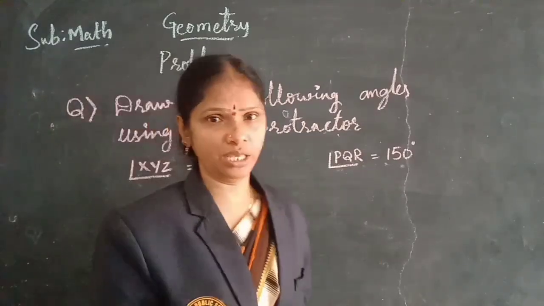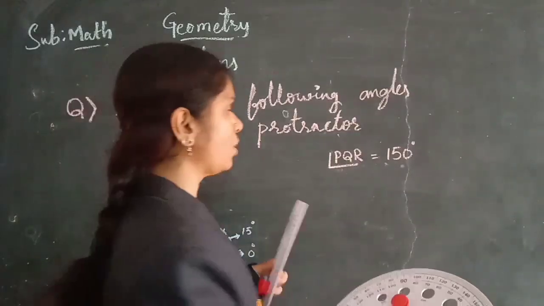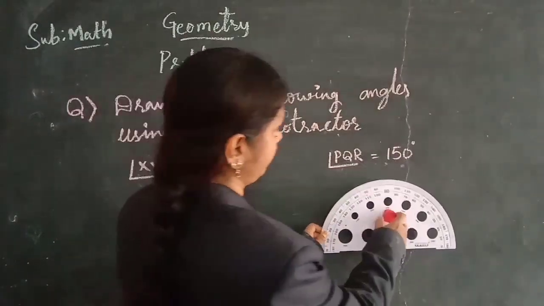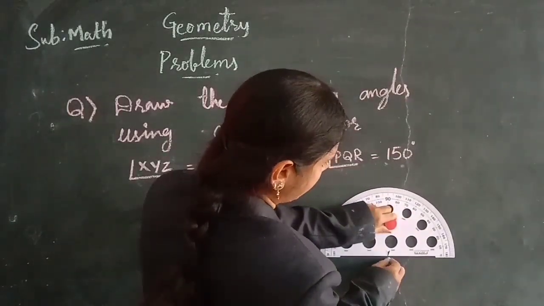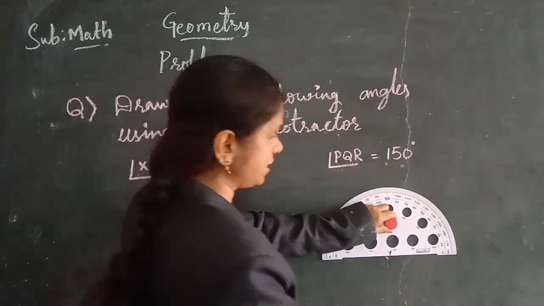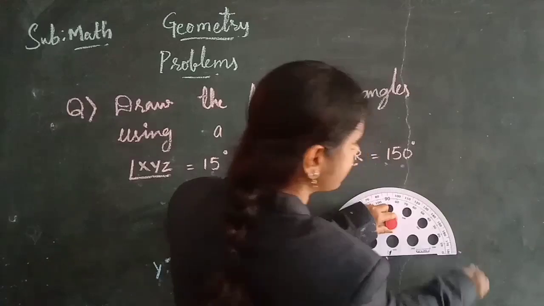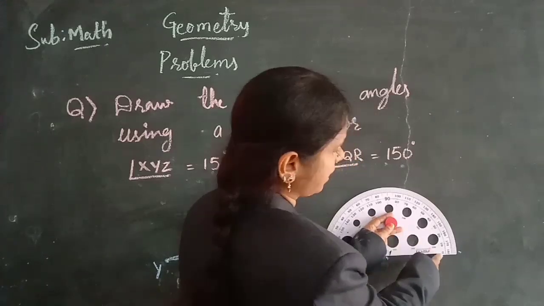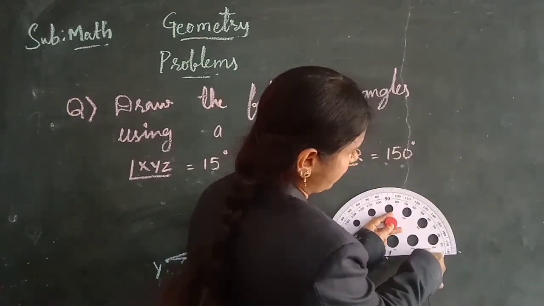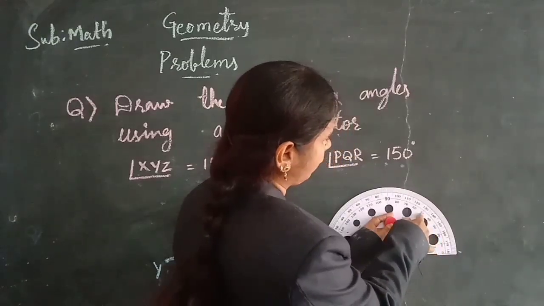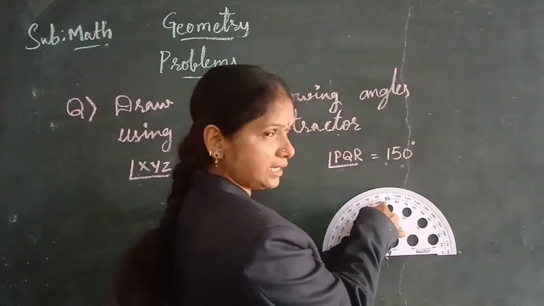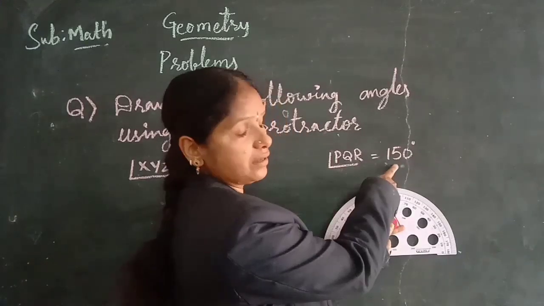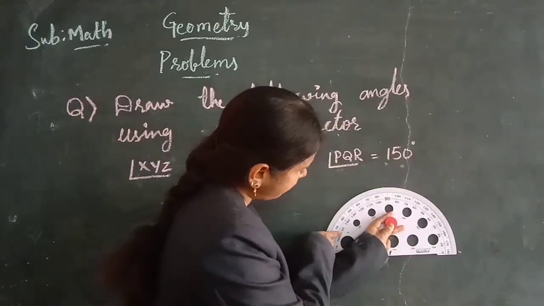Now the next angle I am drawing here. So again, the same process. I am using the protractor. See, first I am keeping it here. This is the midpoint of the two rays. And first 0 degrees, always the initial ray at 0 degrees, and 150, children. Here I am using the inner scale. So observe carefully. 0, 10, 20, 30, 40, 50, 60, 70, 80, and this is 90, 100, 110, 120, 130, 140, 150, which we require. Here it is 150 on the inner scale.